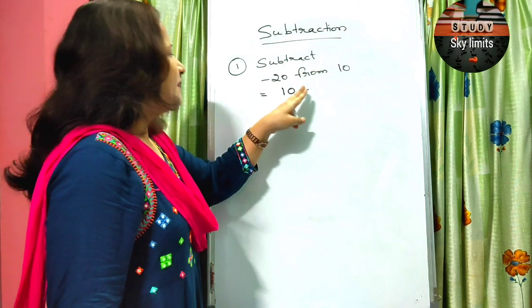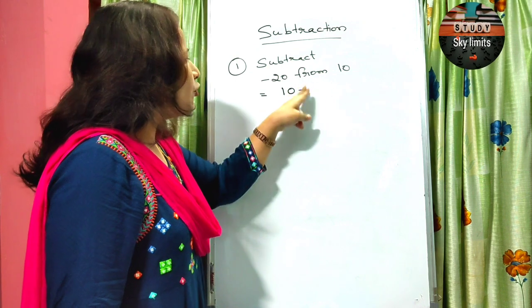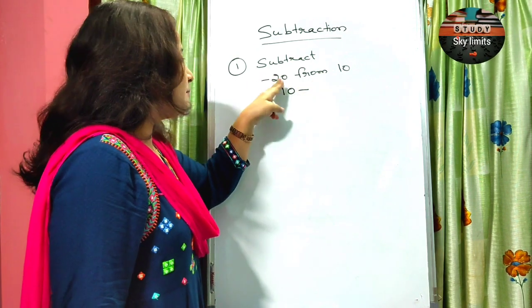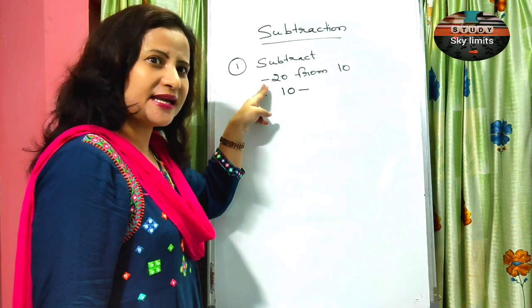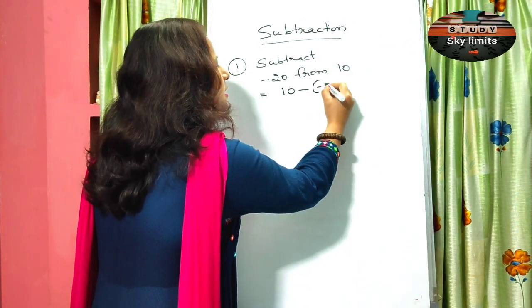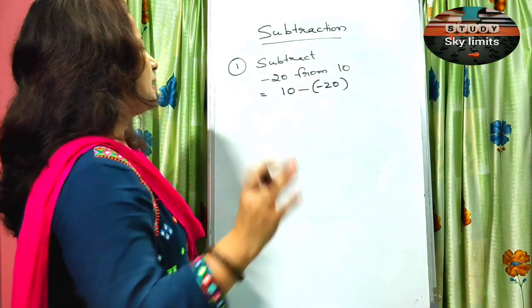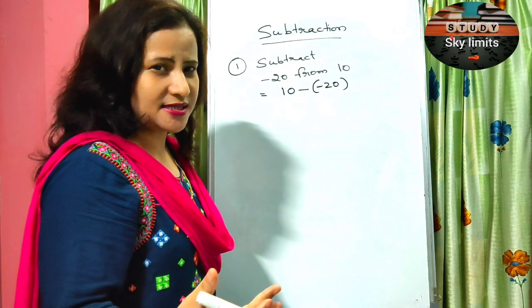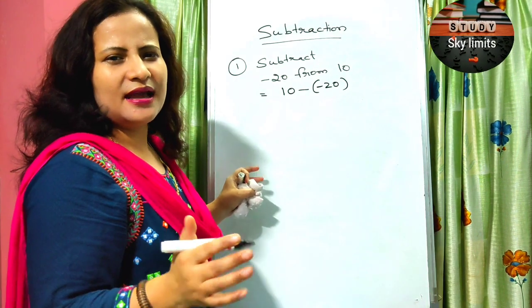After that, as we are going to subtract, we have to put a minus sign here. This minus sign is for subtraction. But before we write the subtrahend, which is minus 20, that means it is not a normal positive number, but a negative number that carries a minus sign. So for that, you have to put minus 20 within the bracket. This is the point where most students get confused and make mistakes. But if you are careful enough, it is quite easy and understandable.